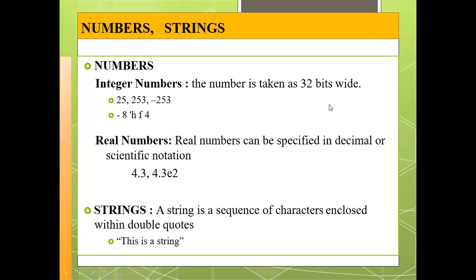But we can't nest the strings. So you can see now we have a table for these numbers. We have seen what all these things are, but we will see in detail regarding the numbers, how they are represented, and how a single number can be represented in different forms.